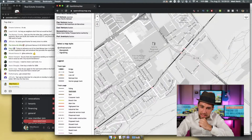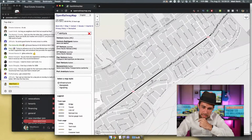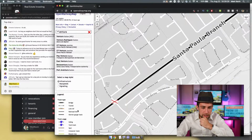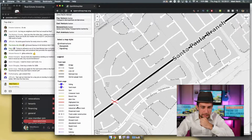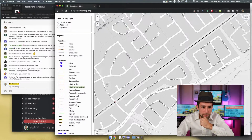Ah, because see, this is the particular neighborhood that we were talking about last time, right here, Santa Paula Branch. Oh, that's funny. This is a really cool website. I like it a lot. I'm gonna have to remember this. Open Railway. I don't think there's any way I'm gonna remember that. But this is great. Thank you for posting that. Seriously, this is a great tool for